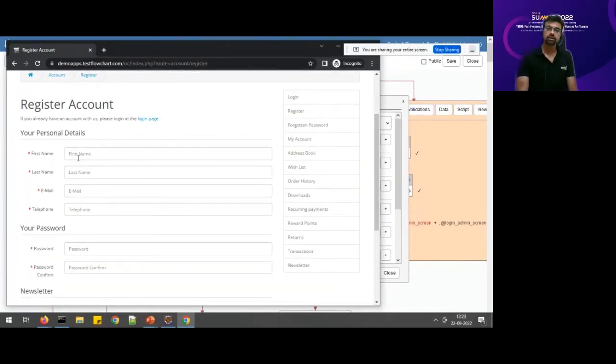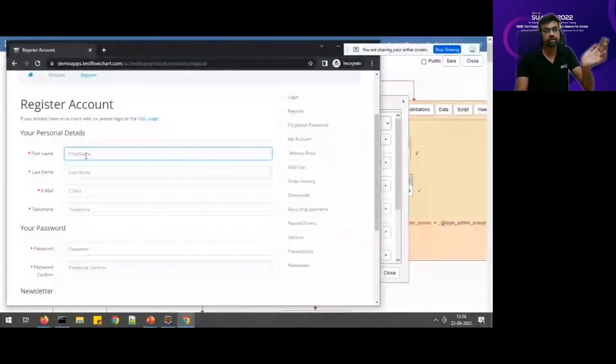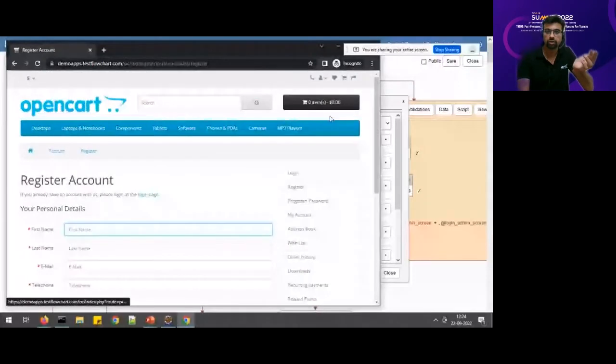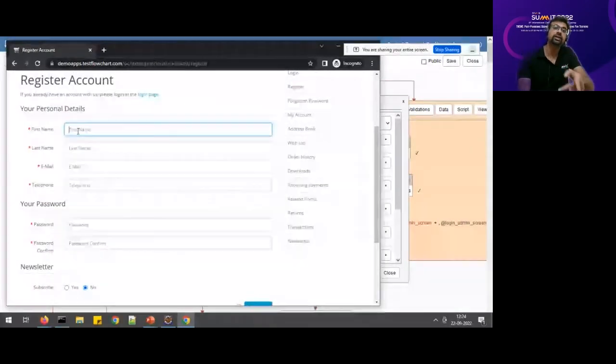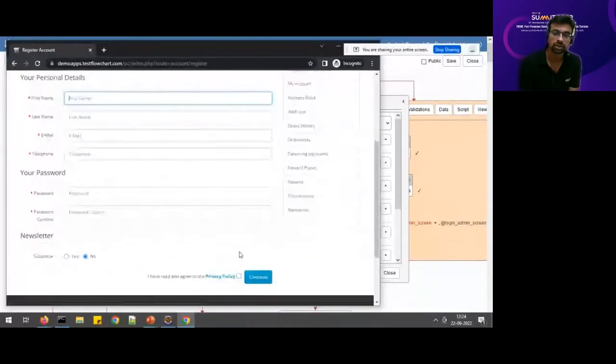So let us look at this. In this UI, this first name field is always associated with the user's first name, in the sense that you wouldn't use this field for any other attribute. Most UI elements are either bound to data or are data agnostic. For example, if there was a logout link here, that is data agnostic. If there is a continue button here for registration, it's data agnostic. But if it is a first name field, it is particular to a particular instance of a user. Similarly, all these are data bound, these are not.